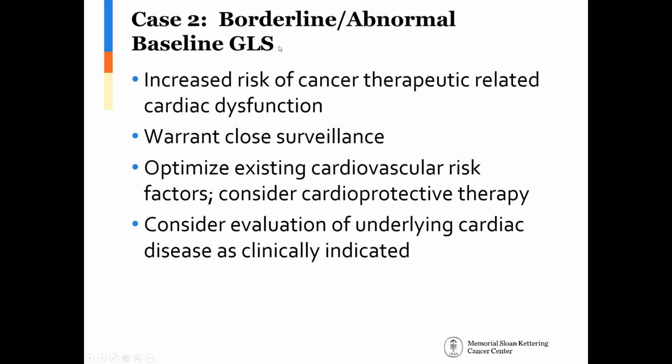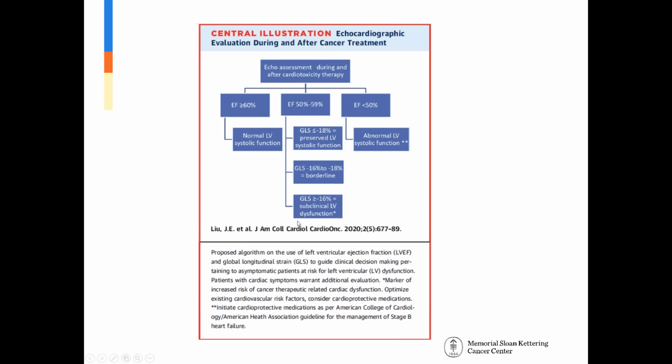So borderline or abnormal baseline GLS can be taken as an increased risk of cancer therapy-related cardiac dysfunction, warranting closer surveillance and optimizing existing cardiovascular risk factors. Consideration for cardioprotective therapy may be appropriate, as well as consideration for evaluation of underlying cardiac disease as clinically indicated. So this algorithm summarizes the use of EF and GLS for guiding clinical decision-making in patients receiving cardiotoxic therapy, as we have